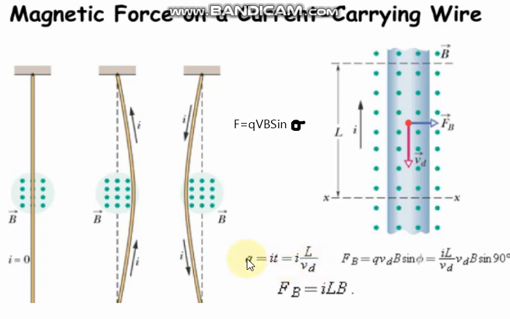And if we replace q in this equation by I into L over Vd, which we obtained from this equation, then there is Vd into sine of theta. But here you can see that there are dots in this region which are showing